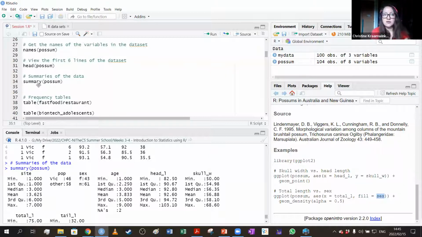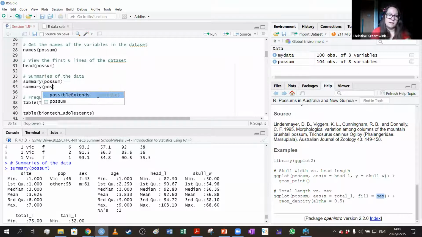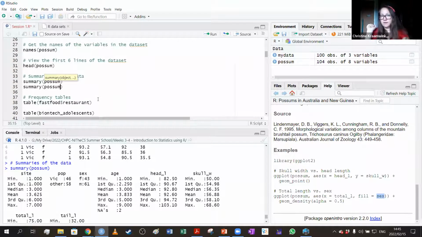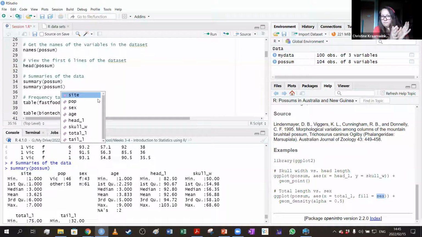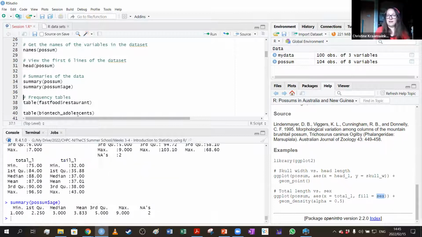So let's say, for instance, you just wanted a summary specifically for the possum data, but only for the ages of the possums. How we would access that is using a $ sign. You just say my data set is called possum, and I want to access something in possum. Then it gives you a drop down. You can click or you can type, it doesn't matter. If we run that, you'll see that we get the numerical summary of that one specific variable in the data set. So that's how we access specific variables.